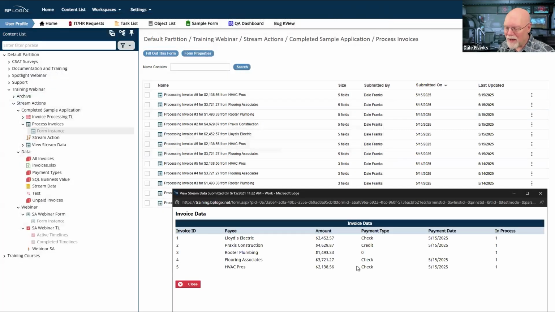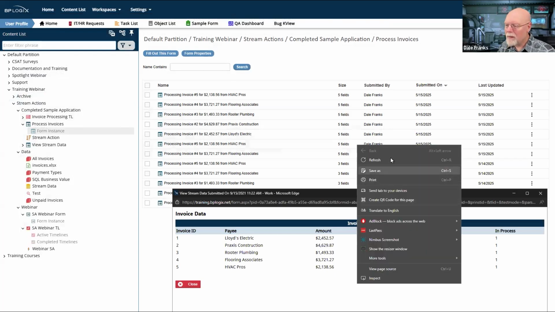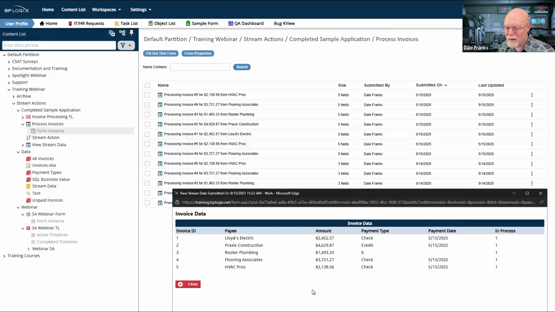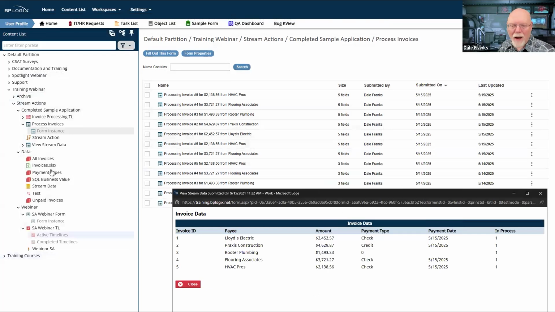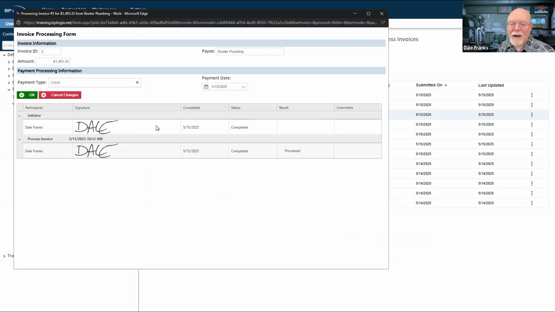So now I've saved it and I should be able to go back and refresh. Did it save that data? I may have it set up to not save that data, but no, it looks like it saved it.